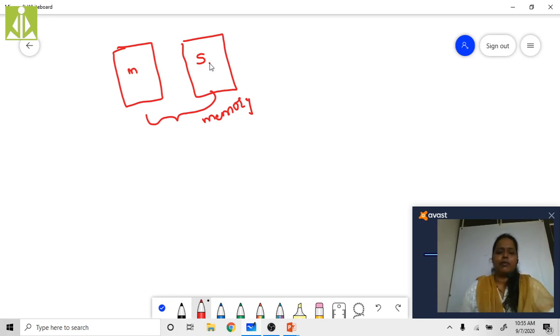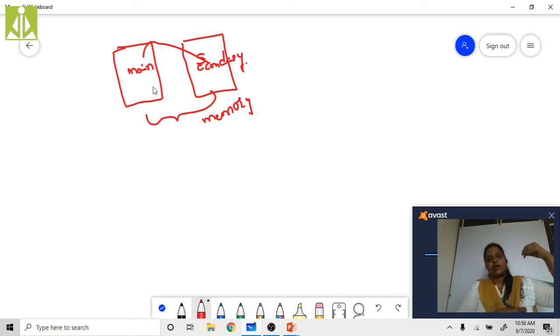This is the main memory and this is the secondary memory. Main memory means each and every program that is going to be executed should be loaded in the main memory. Until that program has been loaded onto the main memory, we can't execute a single program.